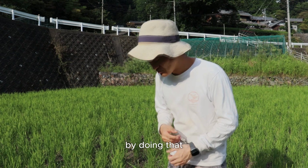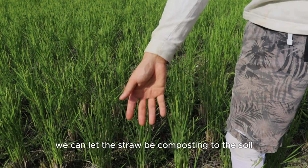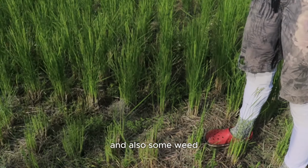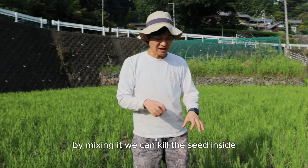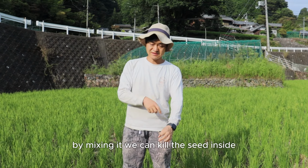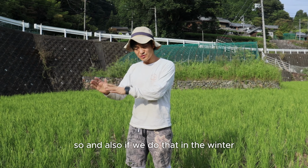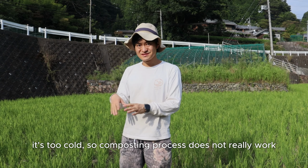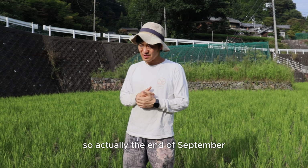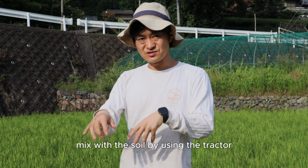By doing that, we can let this straw be composting to the soil, and also some weed. By mixing it, we can kill the seed inside. Also, if we do that in the winter, it's too cold, so compost does not happen. So actually, the end of September to first week of October is good timing to mix with the soil by